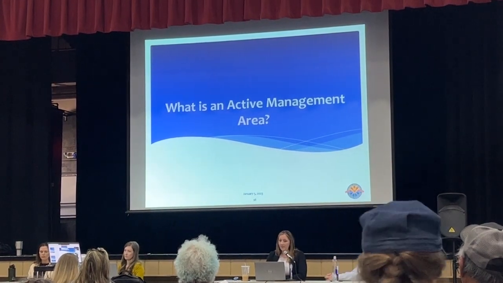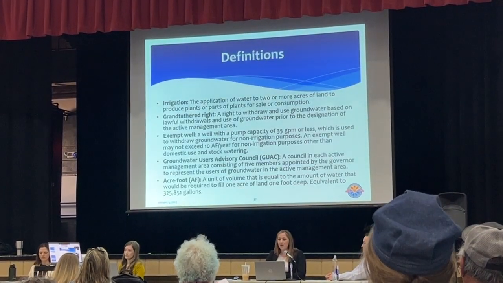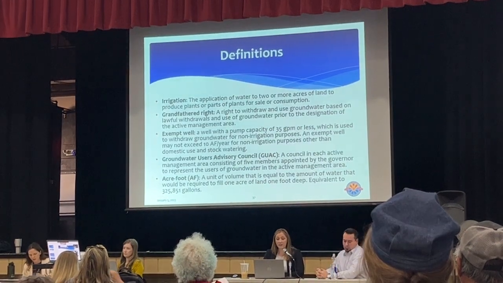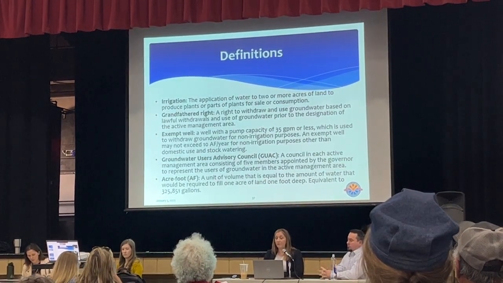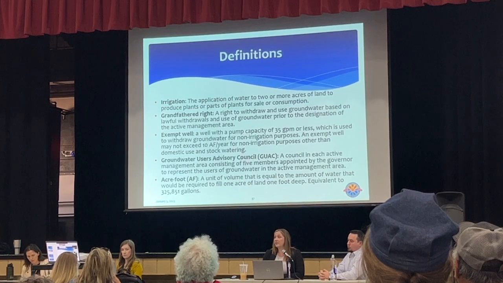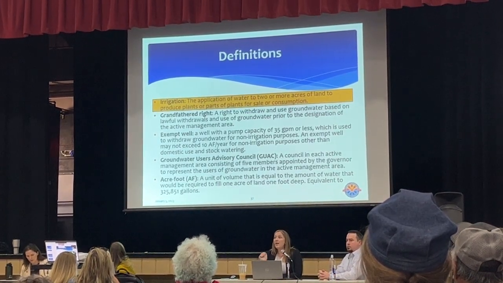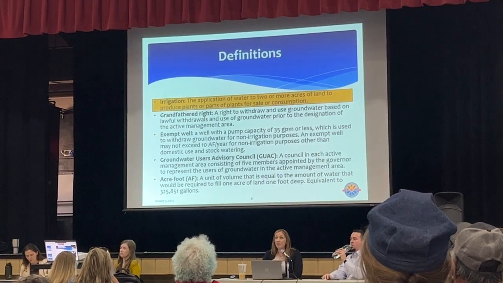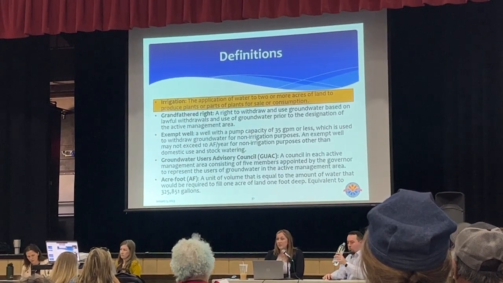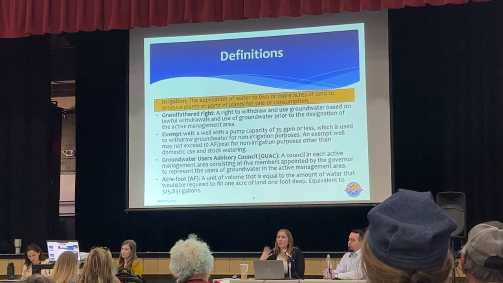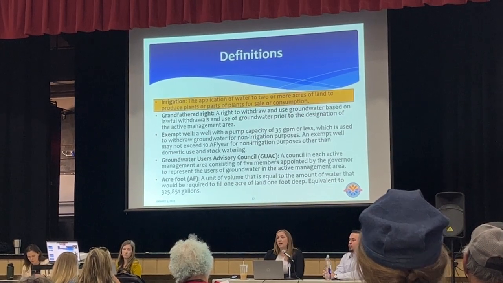So, an active management area. We have a few definitions that I'm going to work through before we get too far into this. One that's really important is the definition of irrigation. Irrigation for our purposes, and the way I'm going to use irrigation today, is not watering your backyard garden. We're talking about